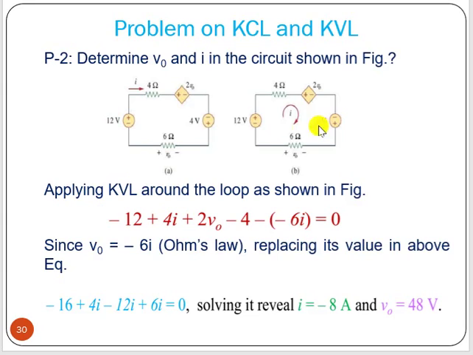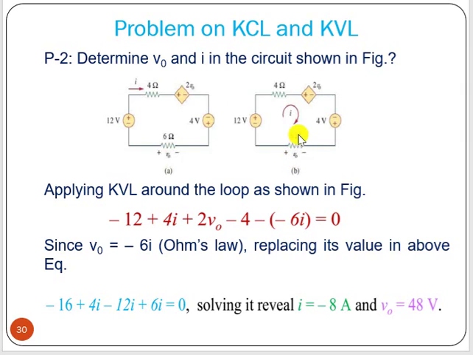Now say this is one circuit. It has an independent source and a dependent source also. Now if we apply KVL, what can we write? It encounters minus, then plus, the resistor is always a drop, then again plus 2V0, again minus 4, again minus, here it is given minus, so we have to consider minus 6I. Now V0 is here, and in this circuit, V0 is here.